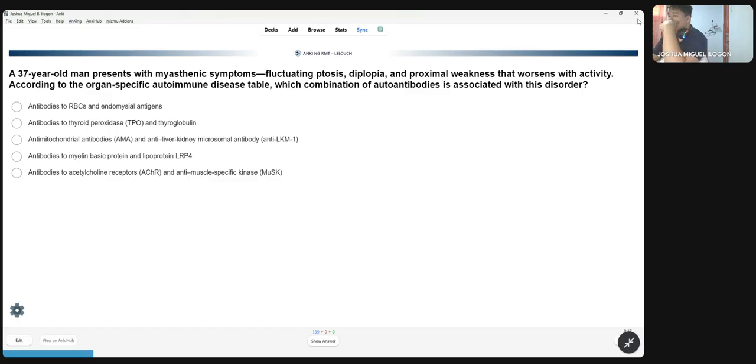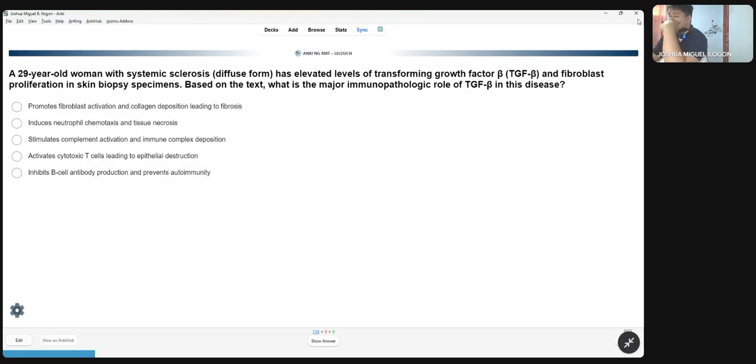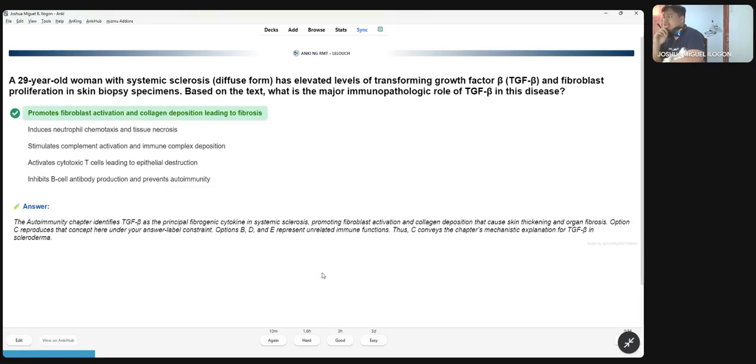Myasthenic, fluctuating pulse, diplopia. Myasthenia gravis, so acetylcholine, MuSK. Elevated. Was it inhibit? Oh,